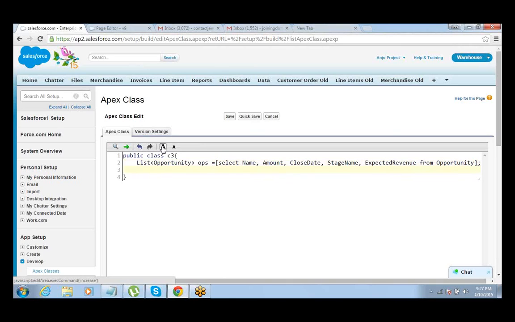There is no where clause here. Then define the method, public list of opportunity, get ops, return ops. That's it. Done.